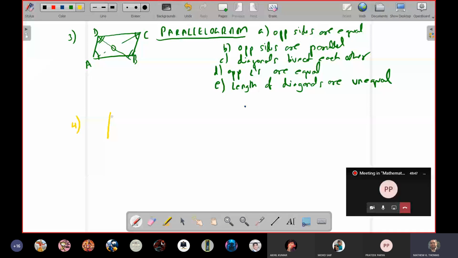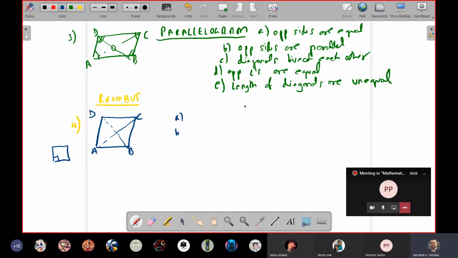Next one we come to a rhombus. Now a rhombus appears like a square, okay, but it is not. Let me draw it properly with another color. This color is not visible. Can we make it upside down, sir? It will still be a rhombus. Yes, you can draw it like this or any way that you want, but make sure that this angle is not 90, because the moment it is 90 degrees, that becomes a square. So this is tilted slightly like a parallelogram.